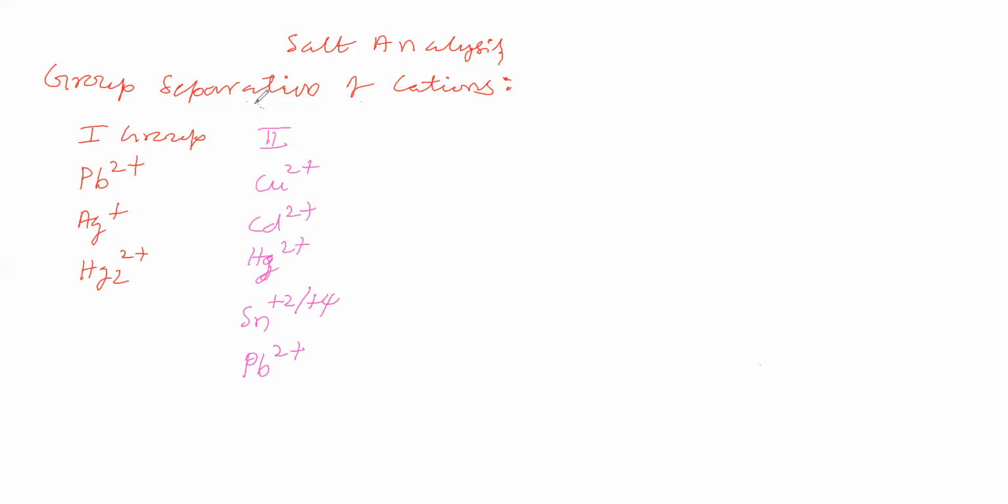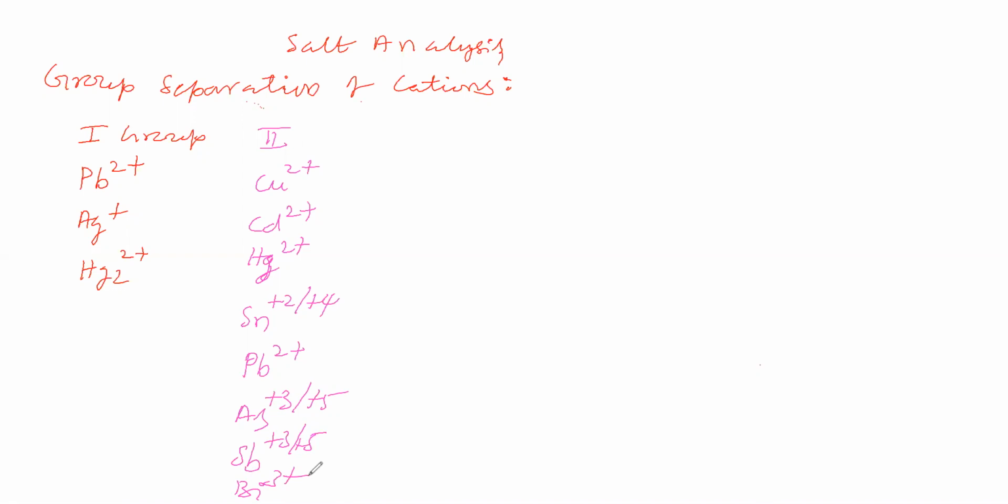Then the neighboring group is the nitrogen family. From the nitrogen family we will take arsenic and antimony. The nitrogen family can show +3 and +5, so we will take +3 and +5 as possible oxidation states. In the nitrogen family, another one we will take is bismuth. For bismuth, we take +3 only, not +5, due to the inert pair effect. These are the second group cations.